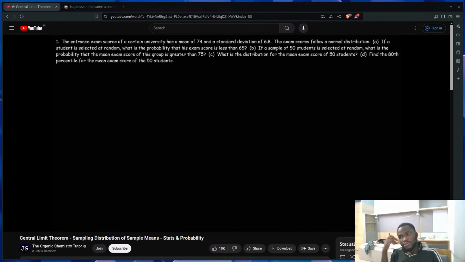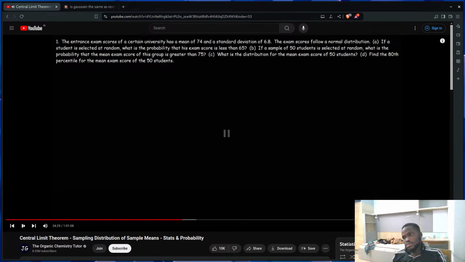So here is the first problem. Number 1. The entrance exam scores of a certain university has a mean of 74 and a standard deviation of 6.8. The exam scores follow a normal distribution. Part A. If a student is selected at random, what is the probability that his exam